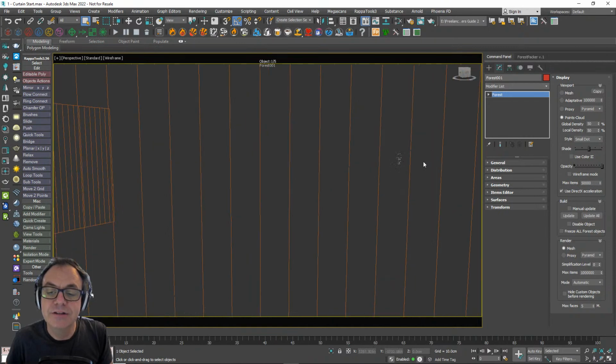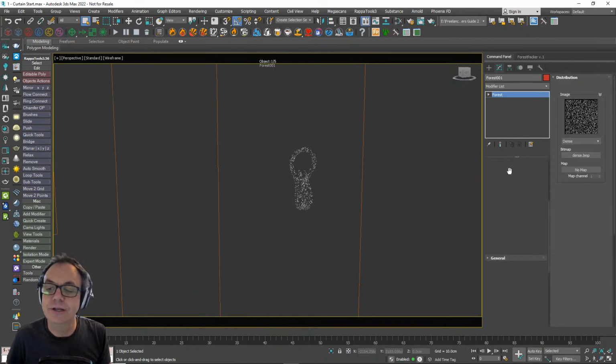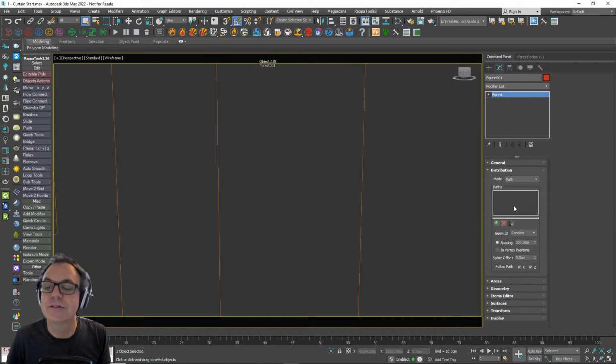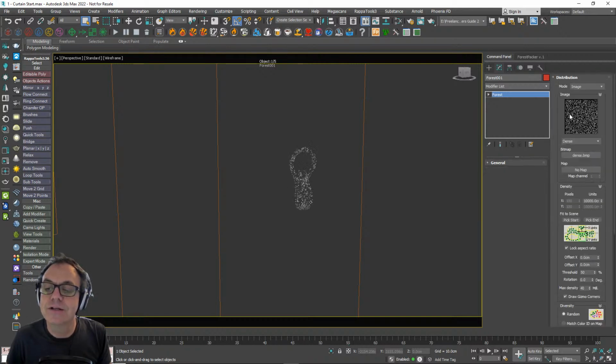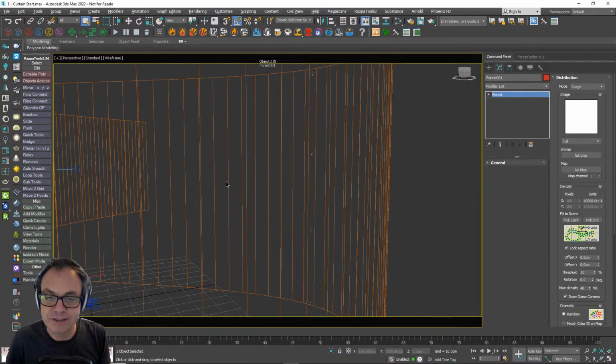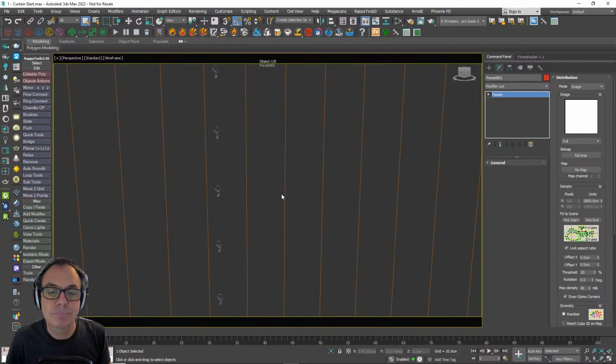So that's great. So for these kinds of RailClone-y looking objects, what I'd like to do is to change the distribution mode to full. And basically what that does is it creates a grid, just a grid of pieces. And what we can do is shrink this grid down so that these pieces interlock.